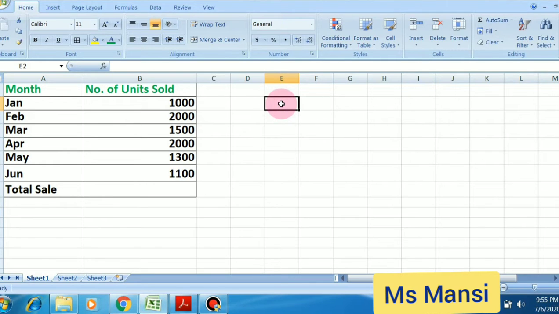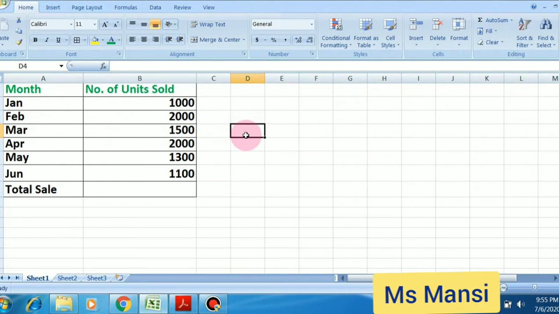So what is a cell address? This is the active cell, where I have clicked. So students, tell me which cell is selected. How do you name this cell? This is in which column? D. And which row? 4.